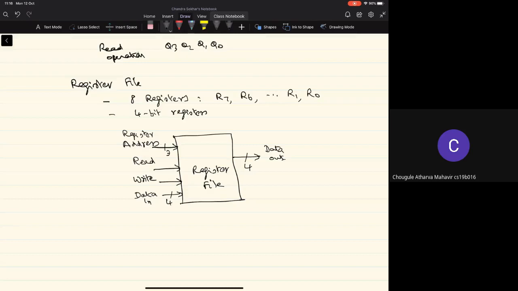We specify the register into which we want to write the data, and then the data has to be written to that particular register. In the case of the read operation, we only specify the register address, then the output of the register file should correspond to the content of the flops in that register.